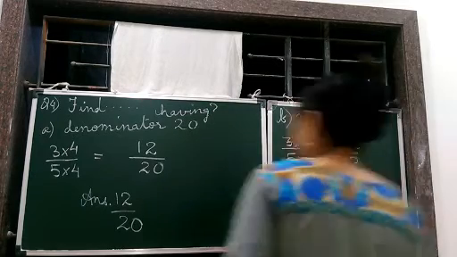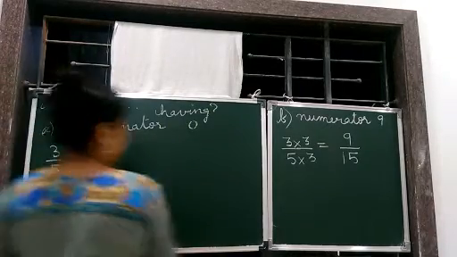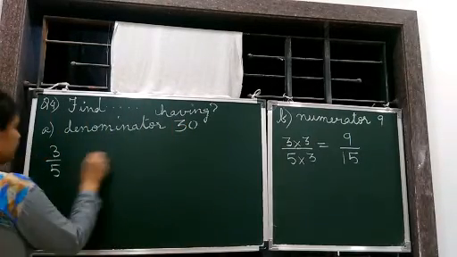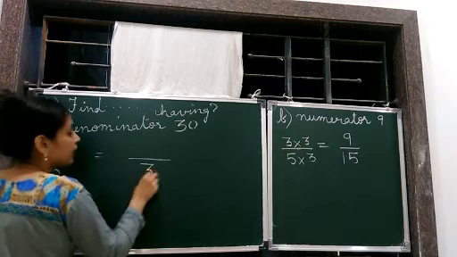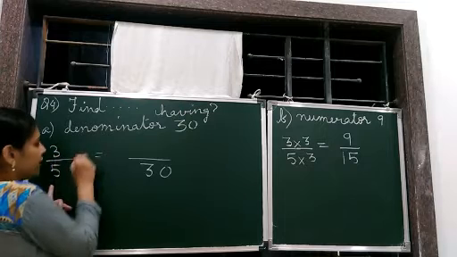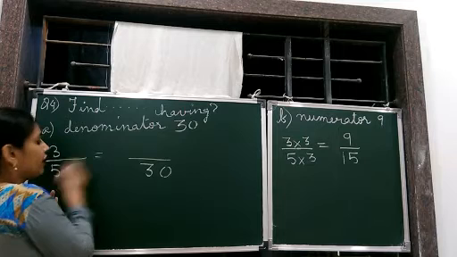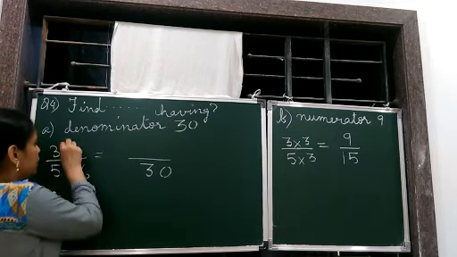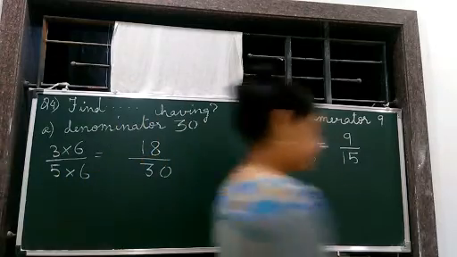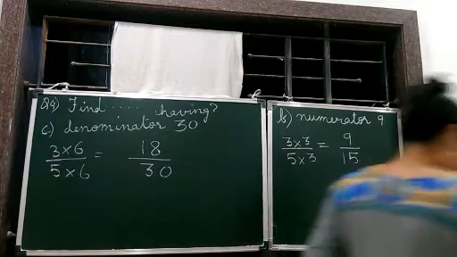Then denominator 30. So the denominator has to be 30. Again greater, children. Again greater. That means something should be multiplied here. Yes. Whenever it becomes bigger, it means we must have multiplied, only then the bigger number came. Otherwise a smaller number should come. So 5 into what gives you 30? 6. So 6 will be multiplied here also. 6 3s are 18. So this is C. Then we do D.